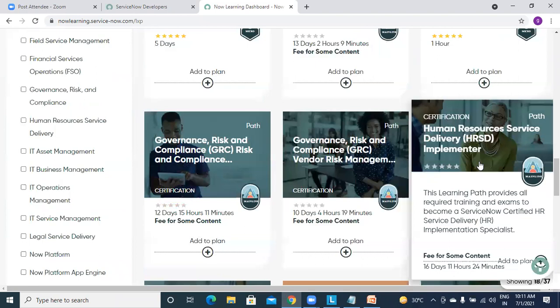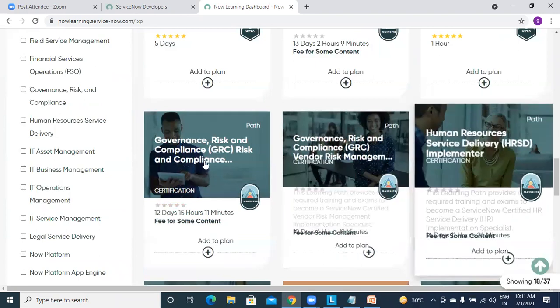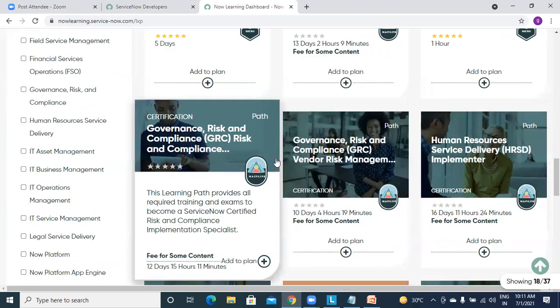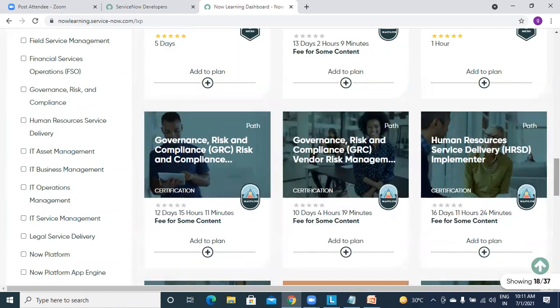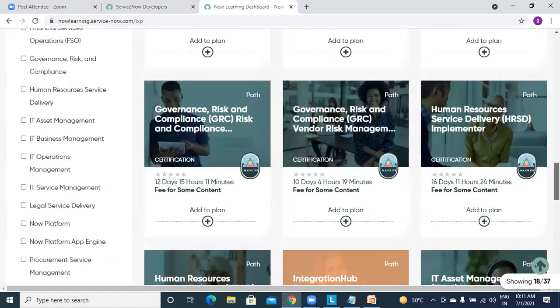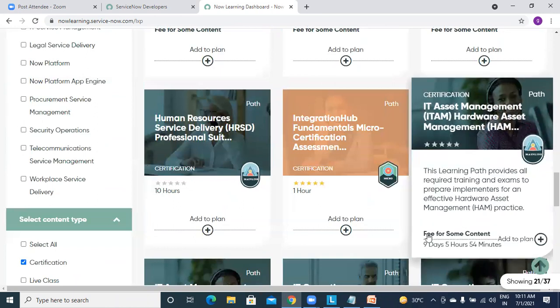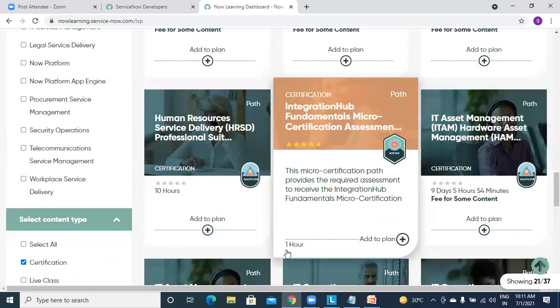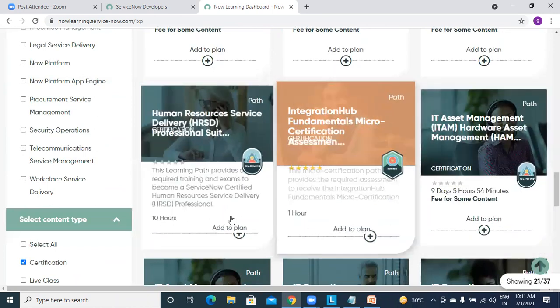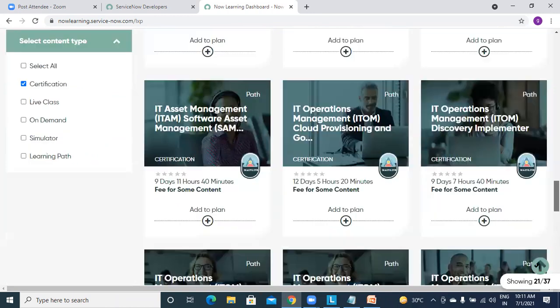Then human resource implementer, and governance, risk and compliance implementer certification. All these are free, free for some content, this one is only 1 hour. If it is paid, it will be under this on demand. If it has on demand, it means it is paid.